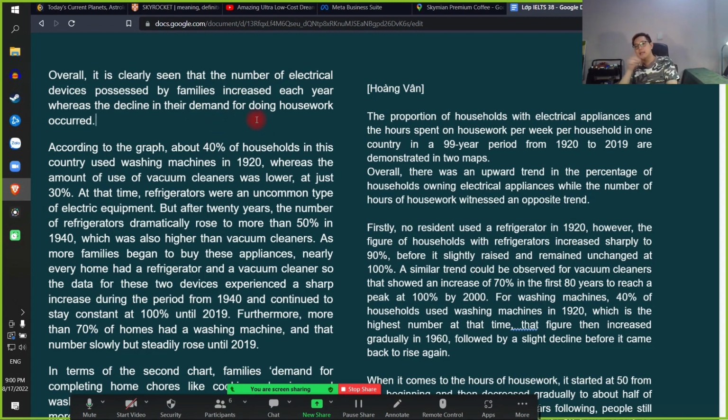The decline in the demand for doing housework. Sự giảm về cái nhu cầu làm việc nhà. Wait, số giờ họ làm việc nhà có bằng với lại cái nhu cầu để làm việc nhà của họ không? Nhiều khi nhu cầu vẫn vậy, vẫn phải quét dọn nguyên đống đó, nhưng mà họ dành ít thời gian hơn tại vì họ làm việc hiệu quả hơn, thuê người làm chẳng hạn thì sao? Đó, vấn đề logic thứ hai, you see, this is a logic problem again.